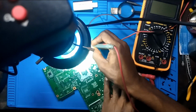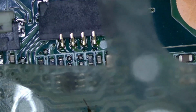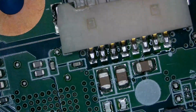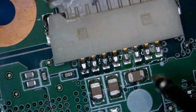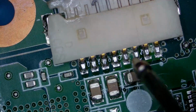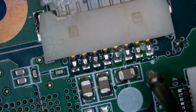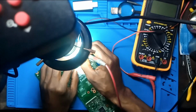So let me see. What I'm looking for is what is going to get hot on this line. That is what I'm after. Okay, let's see. I know that, yeah, this is ground. This is ground from the wire. This is 19 volts. So definitely this part of the cap is ground and this part is the 19 volts. Okay, let's see what